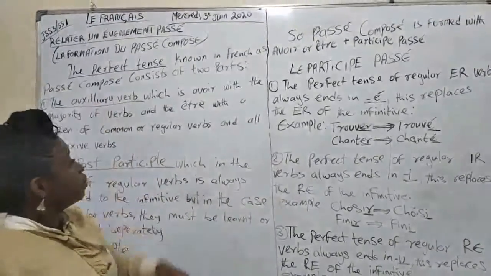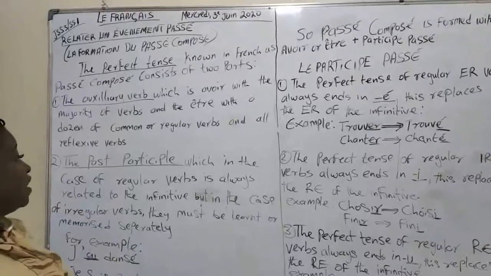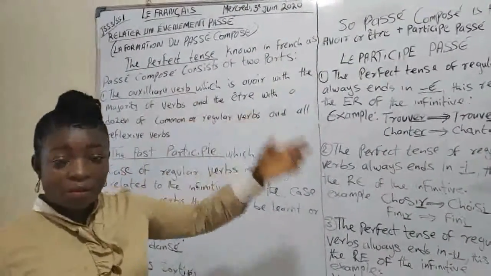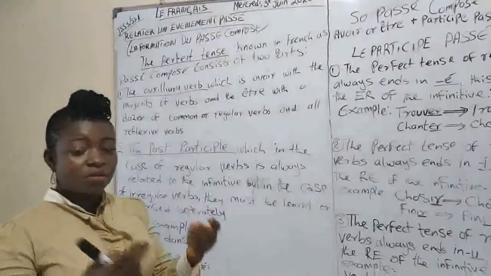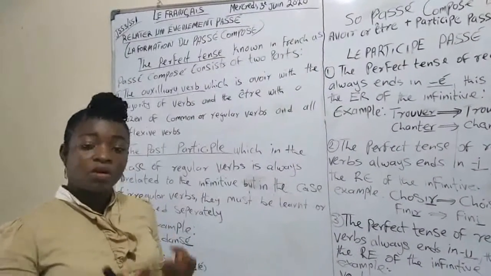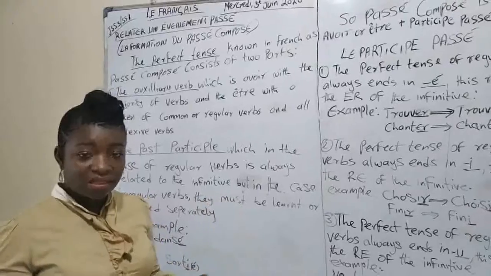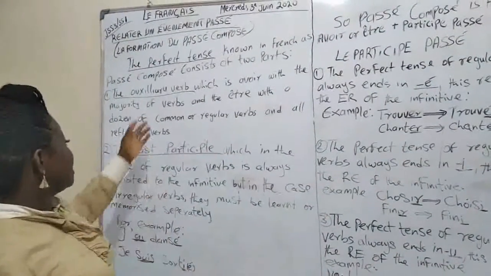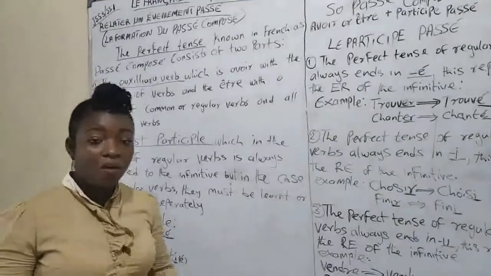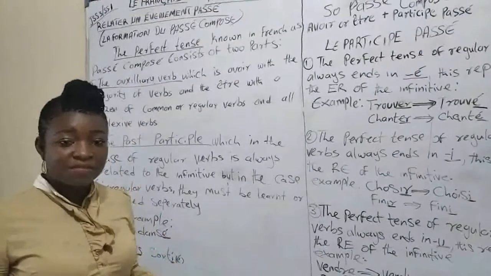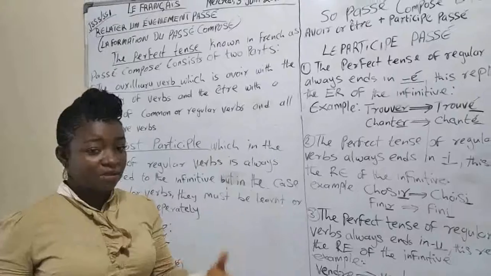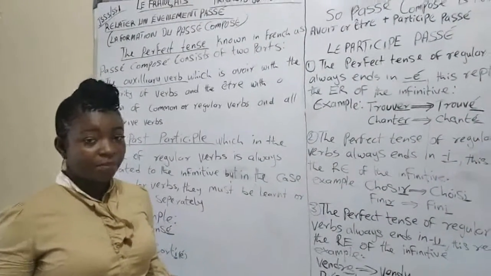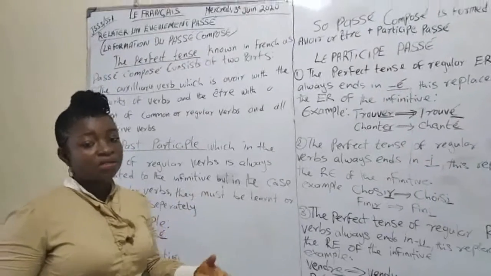So I said passé composé is known in English as perfect tense. And this perfect tense, which is passé composé in French, consists of 2 things. The first one is the auxiliary verb. And I said the auxiliary verb here takes on avoir or être. Most of these verbs have avoir as their auxiliary verb, or their helping verb. Now, the other ones take on